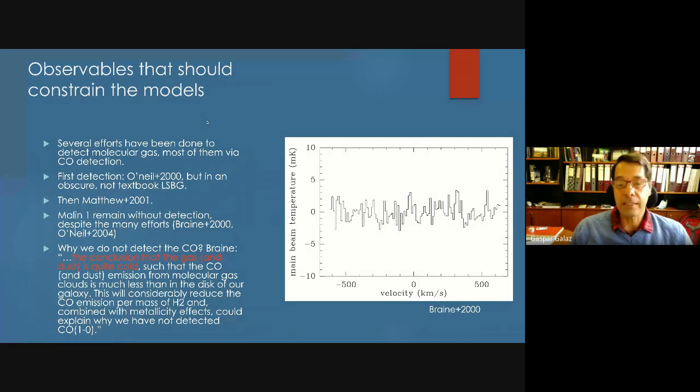And if you take that into account, you arrive at the conclusion that the gas should be at very low densities and the gas mass should be lower than 10 to the 8.5, roughly speaking. So compared to other galaxies, and taking into account the size of this galaxy, this is very little molecular gas. If you use, of course, the conversion factor that we observe in the galaxy and all the things, this is very tricky, by the way.